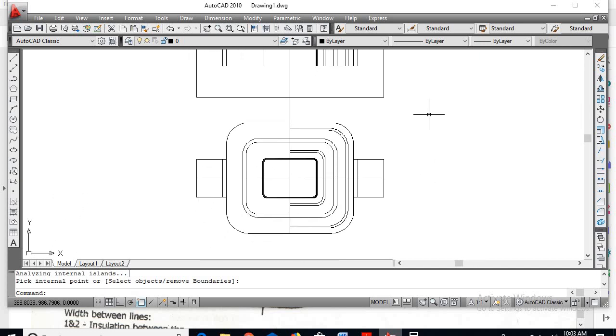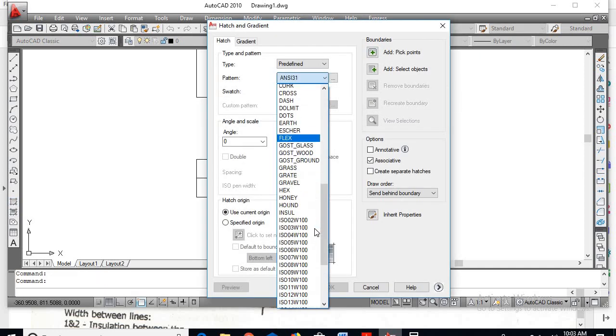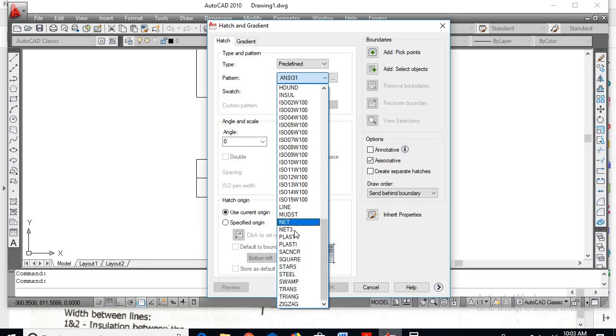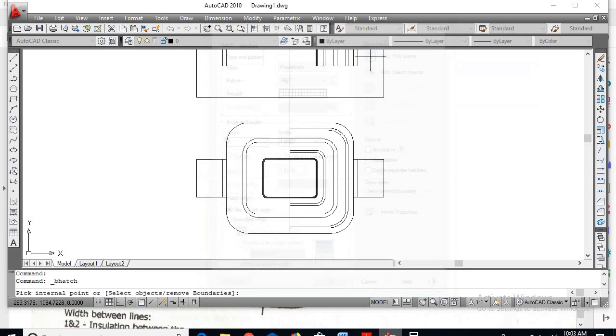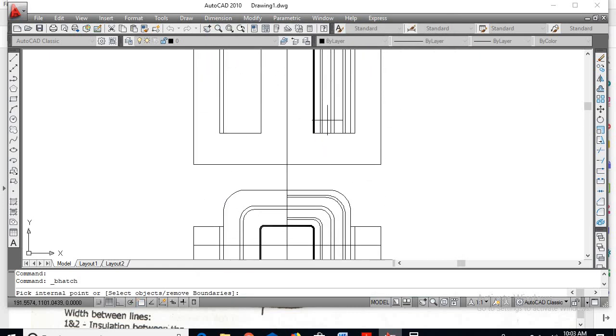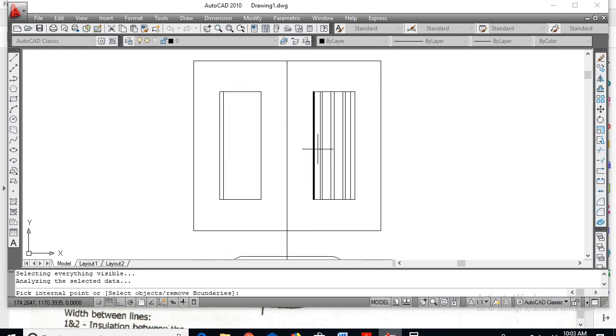Next, LV winding. Go for hatch command. Select the net for LV winding, net 3 for HV winding. Select the net. So add pick point. So this is the HV winding. So this is the LV winding, and here also LV winding.